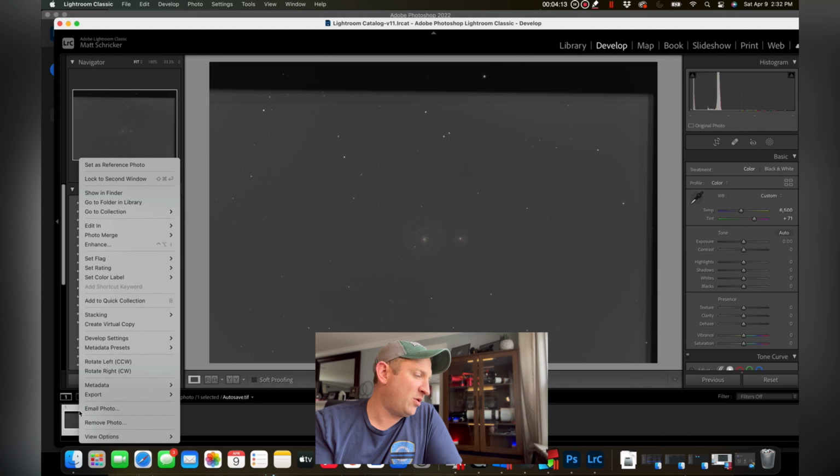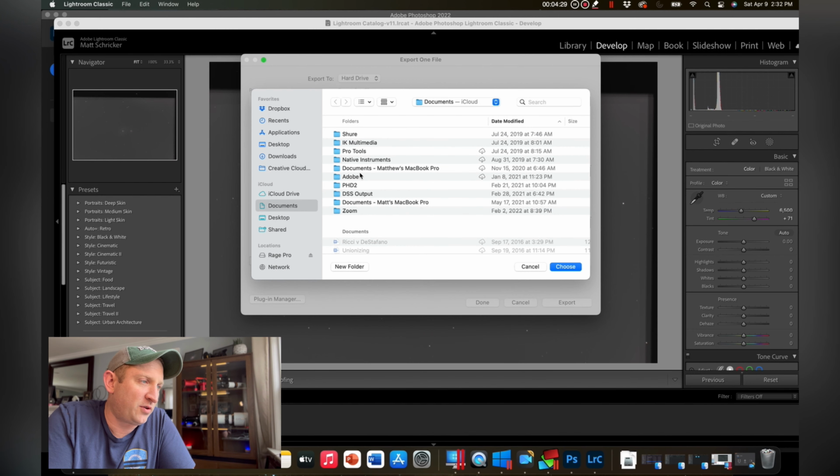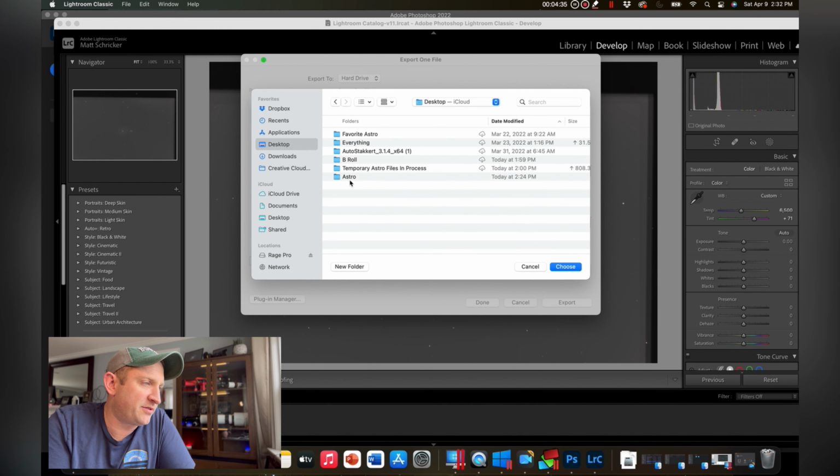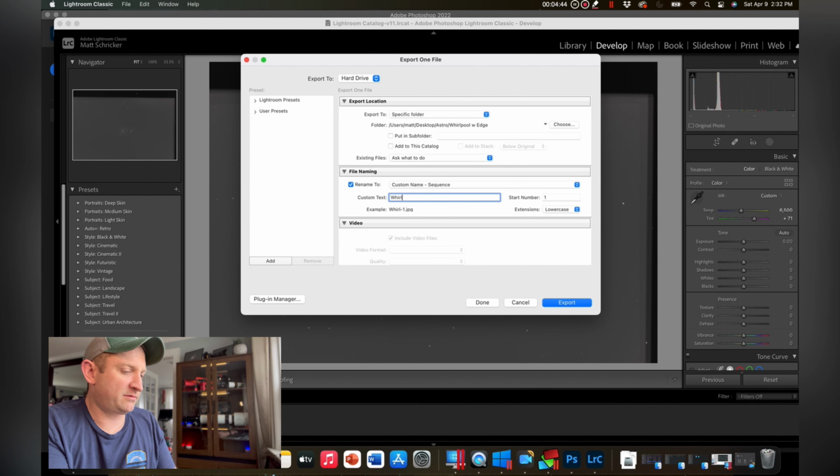So now I'm going to go over here and click on the little thumbnail, and we're going to export this. There's a number of options in here, and I've been doing a lot of star trails, which I convert raw to JPEG, so we're not going to do that here. But first thing we're going to do is choose a folder, one that we're going to know where things are. And in my case, we're going to just use this one we're using for the example today under Astro, and maybe let's go into Whirlpool, and I'll say choose. And then I'm going to pick a name. We'll call it Whirlypool,